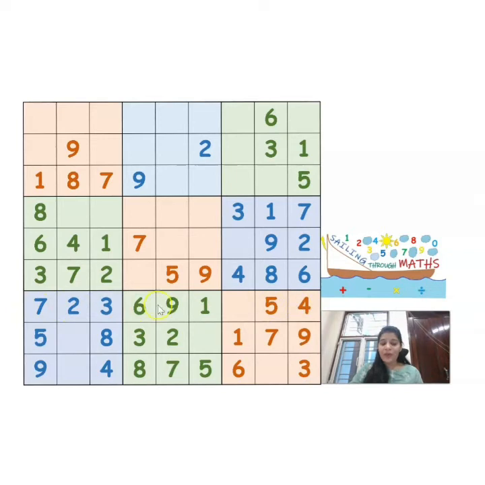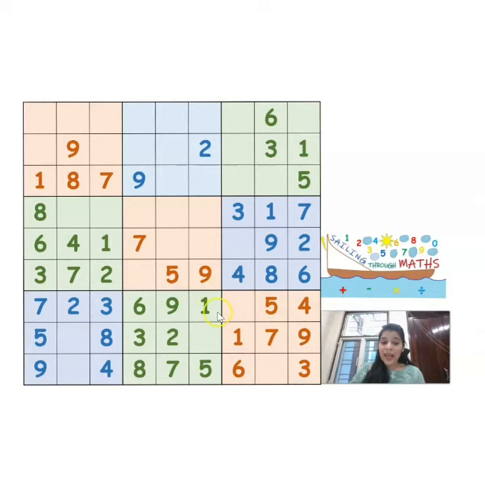Why am I solving this Sudoku from the 7th row? Because see, in the 7th row, all the numbers are mentioned except this number. Our first rule was that in each row and in each column, we have to fill the numbers between 1 to 9 such that no number repeats itself. So, if you see 1, 2, 3, 4, 5, 6, 7, 8, we can clearly see that 8 is not in this row, right?